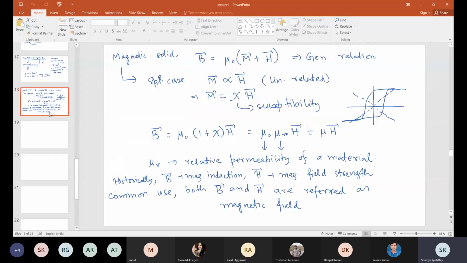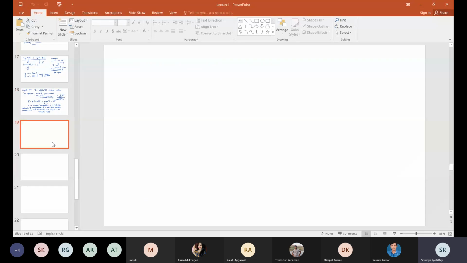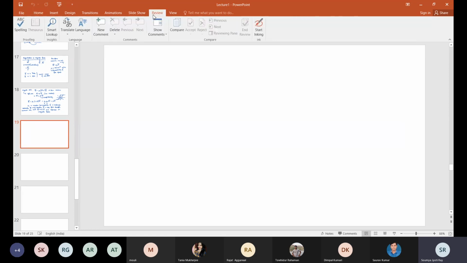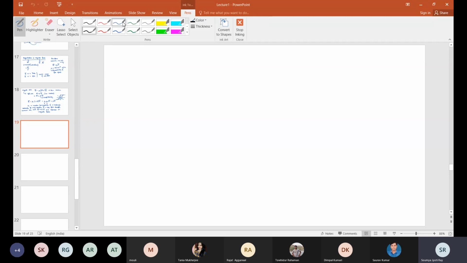So today we'll be talking about a new concept. This is called the demagnetization factor.